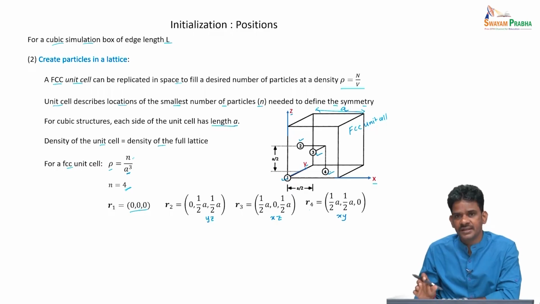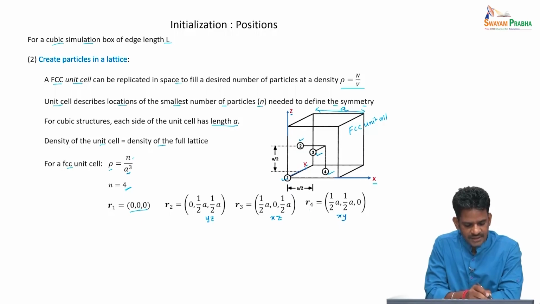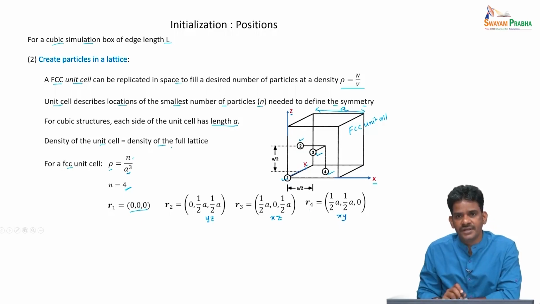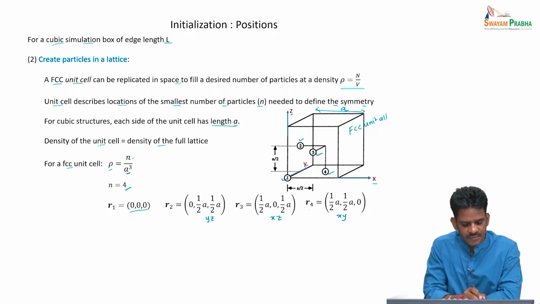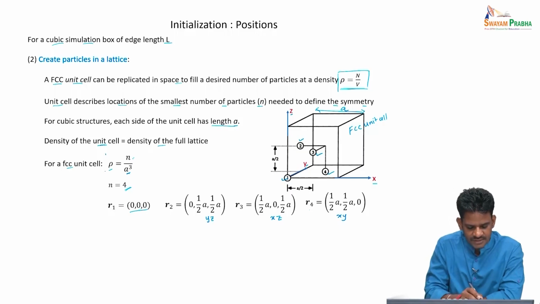Now, we can replicate this FCC unit cell in space. We can replicate this unit cell in the x direction, y direction and z direction, and then we can have as many particles as we want in the system. The idea here is that the density that we want in the simulation box is given by the density of the unit cell itself. So, this is the definition for the density of the simulation box,